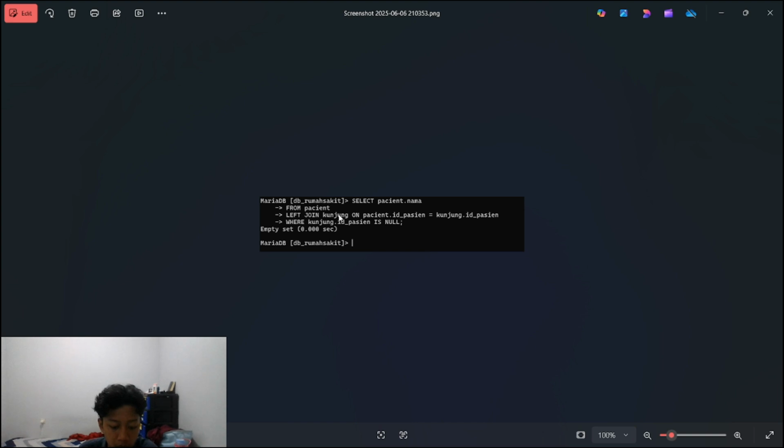This ensures all the patients will be displayed even if they have no visit data. The where clause here filters the patients who do not have any visit data, and the result is an empty set because every patient has made a visit before.